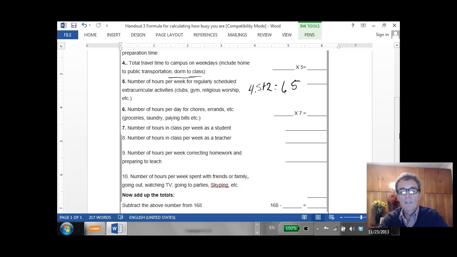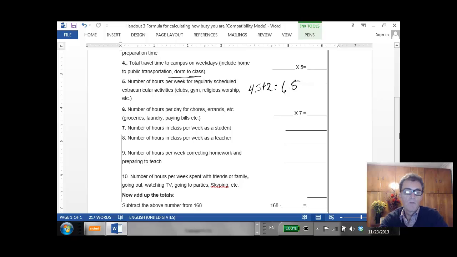The number of hours in class per week as a teacher, I don't know if that's 20 hours per week, maybe. Number 9, the number of hours per week correcting homework and preparing to teach. So you're planning, maybe that's 15 minutes to half an hour before class, and correcting homework, maybe that's 2-3 hours